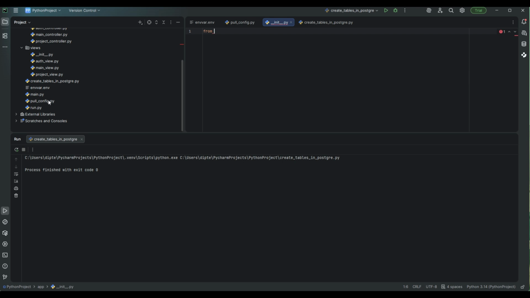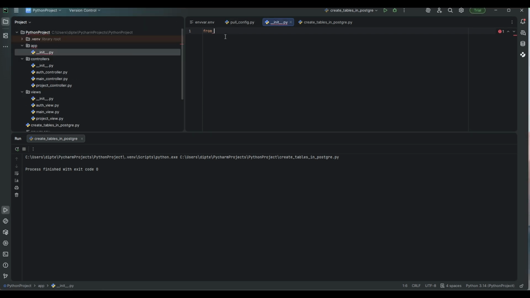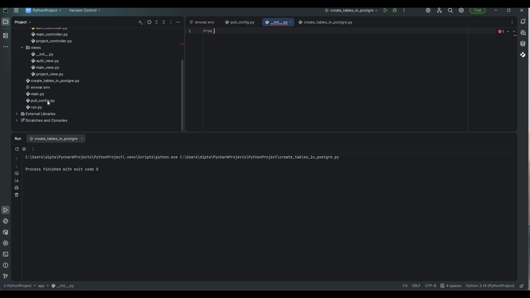We are going to call that file, an external file that we pull config from. Here we are going to pull in the file, pull config from pull config